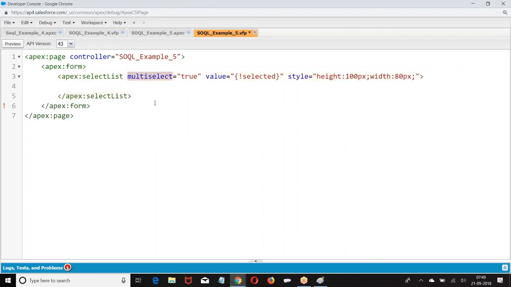Because you are taking a multi-select pick list, value equal to list. Style is pick list, and I am giving the width.